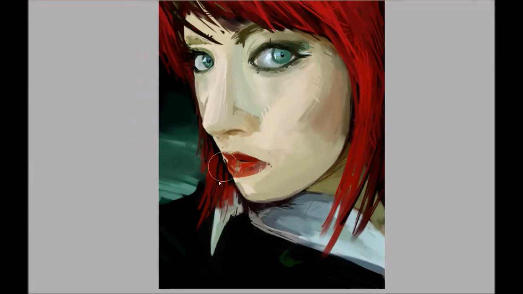Sorry, I haven't been talking much, have I? I get quite caught up in it, honestly, so I'm probably not very good at commentating live. Right now, what I'm doing is just drawing little circles and lines everywhere, just to add that kind of fun texture to it, I think.